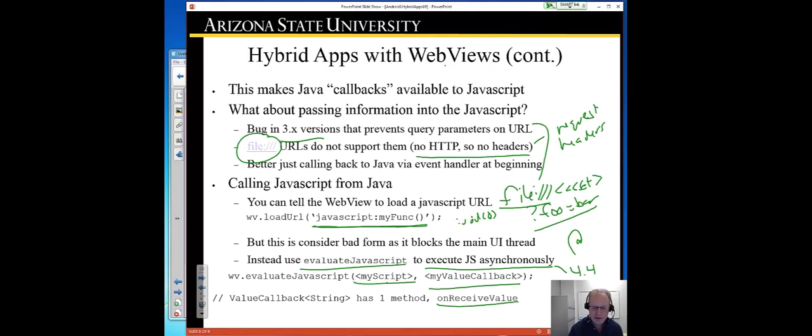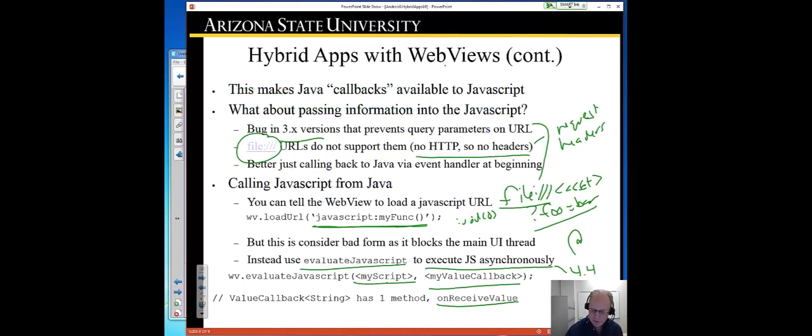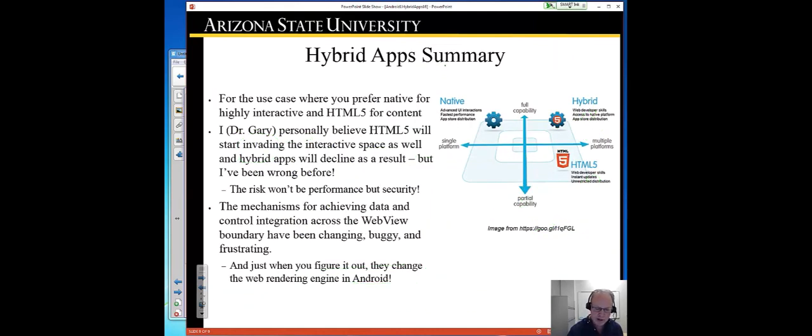All right. I'll show sample code of both directions. I mentioned already there's a JS interface project out there that'll do that. I'm going to give you some more that will help you with your lab. So you can see both of these things in practice. But again, you're going from native to web view activity to native. You may have to worry about how you communicate from the Java side to the JavaScript side and back. All right, and those are the general approaches, and we'll do more specific